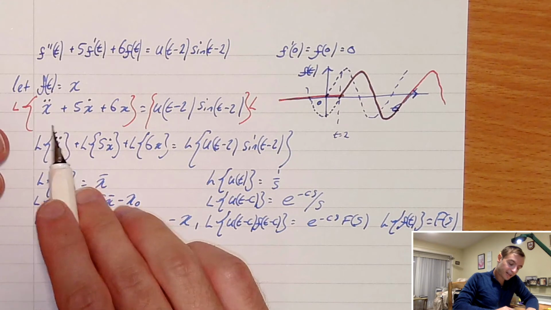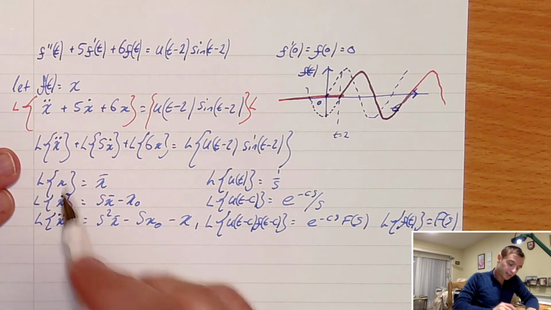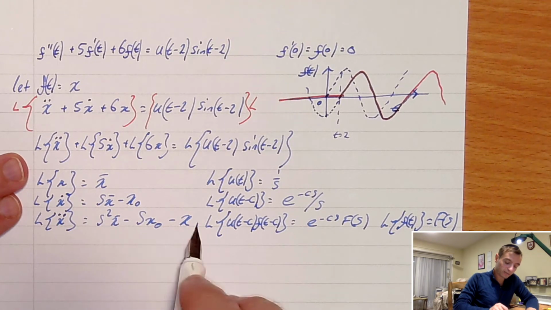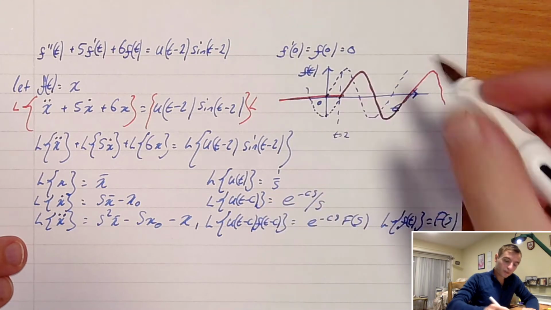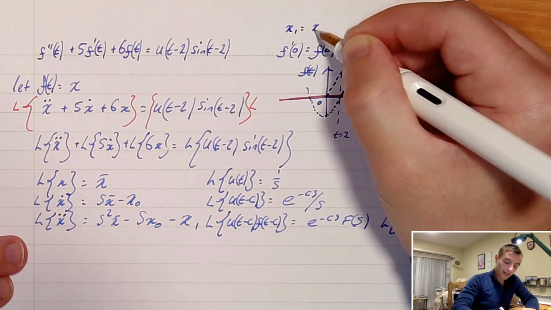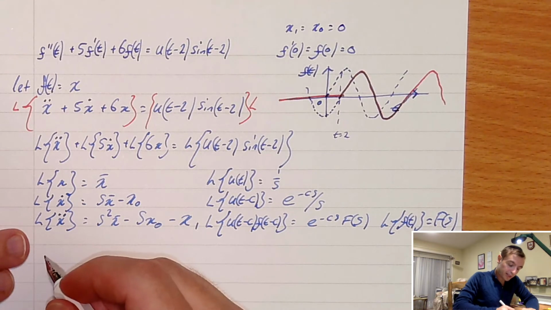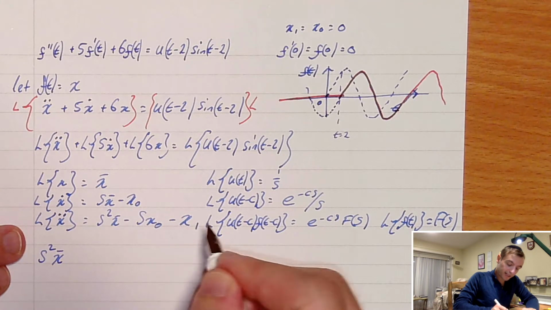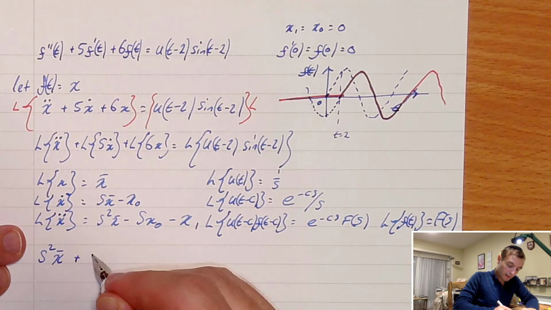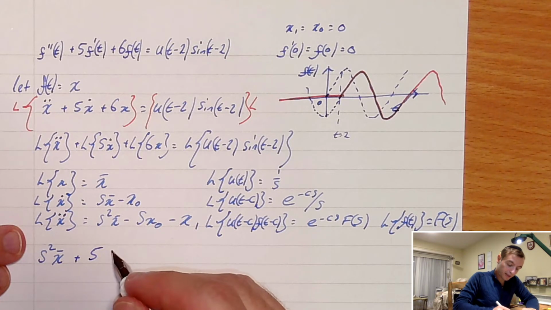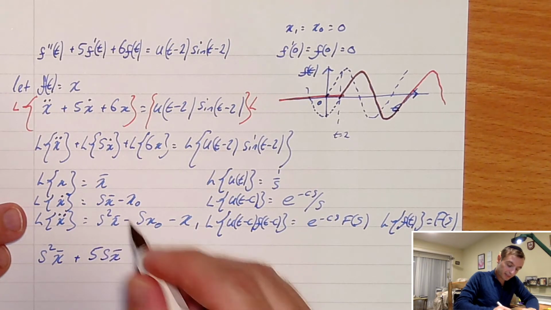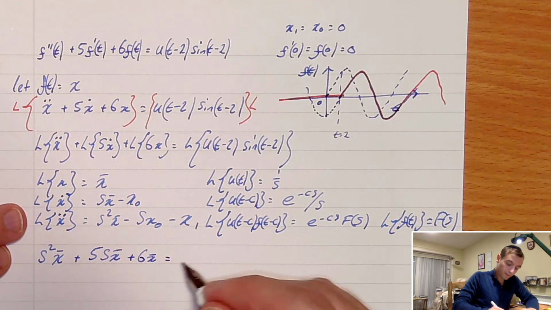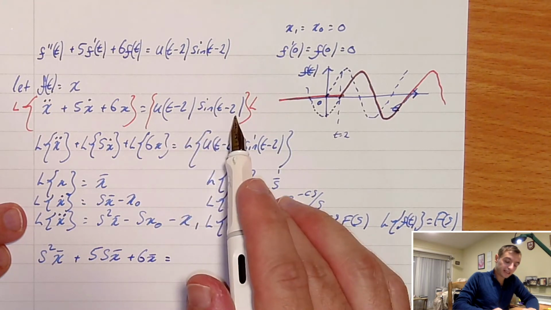So now we can make the substitutions, so let's go ahead and do that. The Laplace transform of the second derivative is s squared x bar minus s x0 minus x1, and from up here we can say that x1 equals x0 equals 0. So we have s squared x bar minus s times 0 minus 0, plus 5 x dot, which is s x bar minus 0, plus 6 x bar equals the Laplace transform of u(t minus 2) sine(t minus 2),